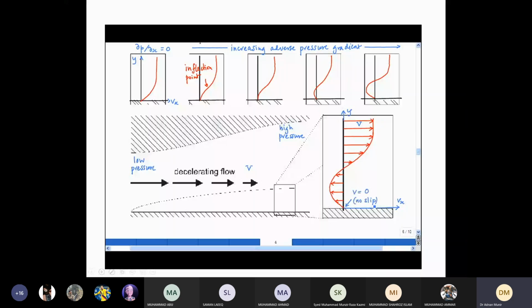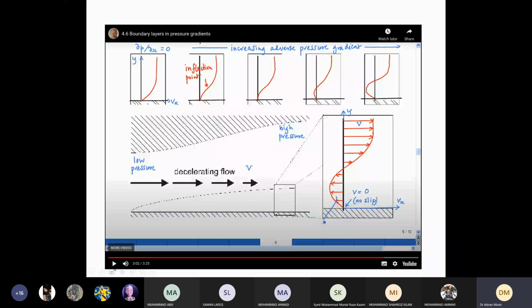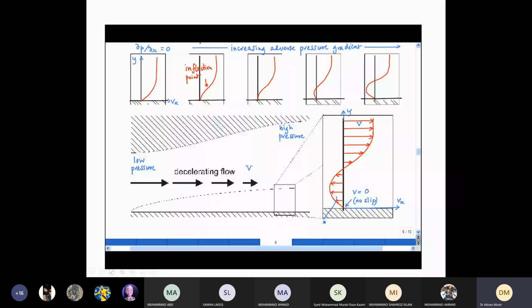Okay. You will also use this information when you use ANSYS later on in your degree. So always remember, at the surface of the structure, where the velocity becomes 0 because of viscosity, that boundary condition is also called the no slip boundary condition, where velocity v on the surface is 0. Near the wall, there is a region of reverse flow which arises due to the adverse pressure gradient.